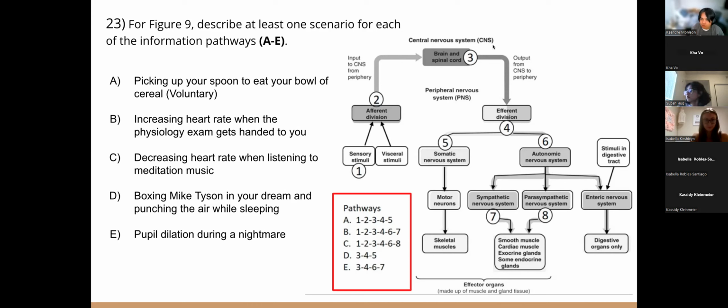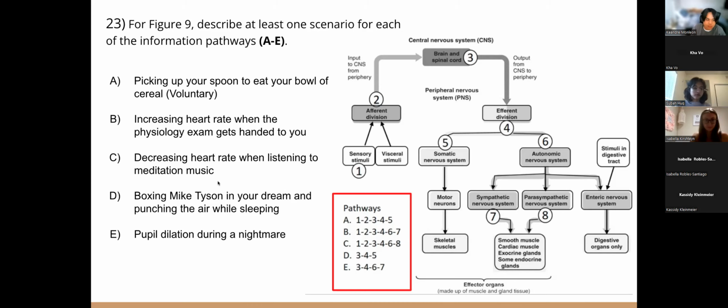Instead, all of these impulses, these signals, are originating within our brain. So when I think of something originating from the brain, I typically think of dreams or nightmares, as you might have seen in your homework assignments. Essentially, because scenario D talks about controlling our skeletal muscles, the impulse is derived from our